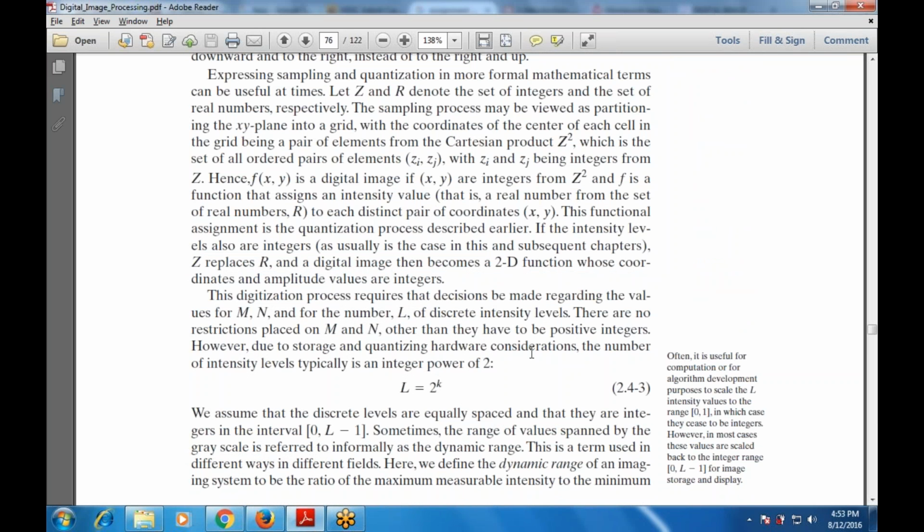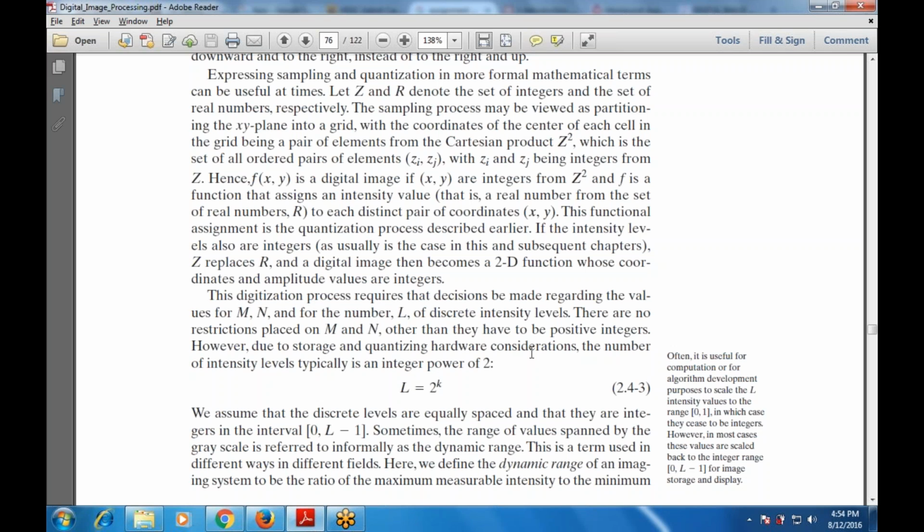And this digitization process also requires that a decision be made regarding the values of M and N, and the number L of discrete intensity levels. And there are no restrictions placed on M and N, other than that they have to be positive integers. However,